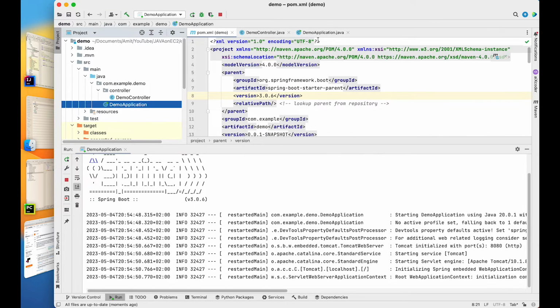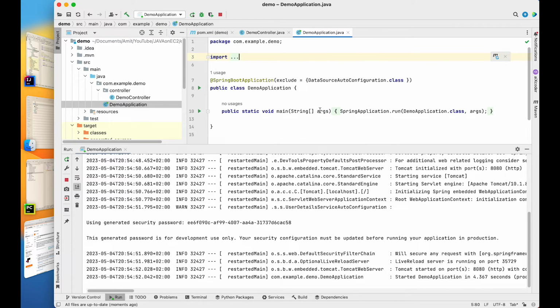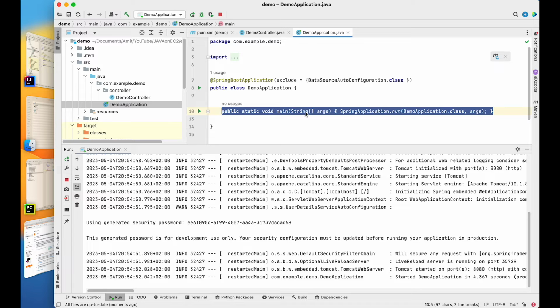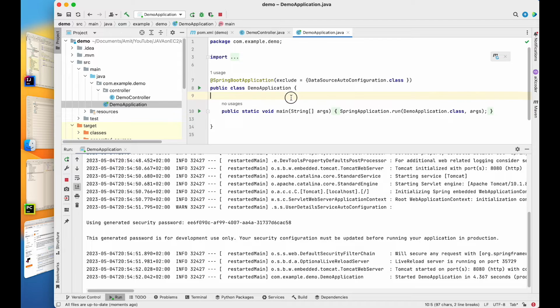So if I go to demo application.java, this will come in the main method here. So this is how Spring Boot works. It has a main method where the application will load. And if you don't want